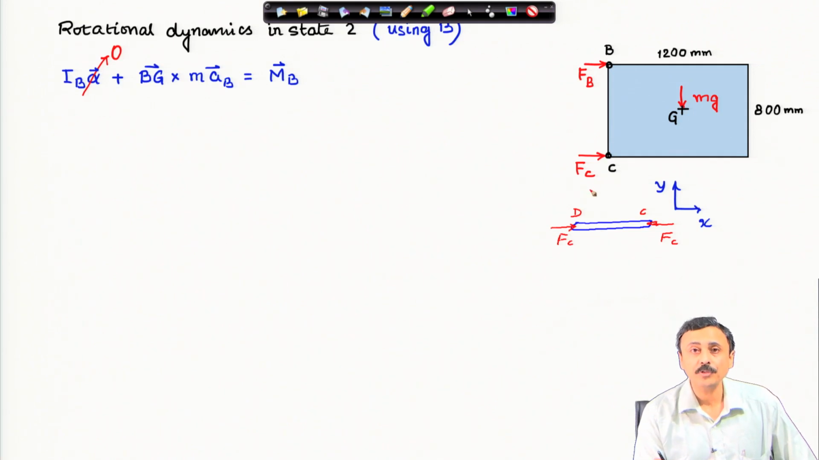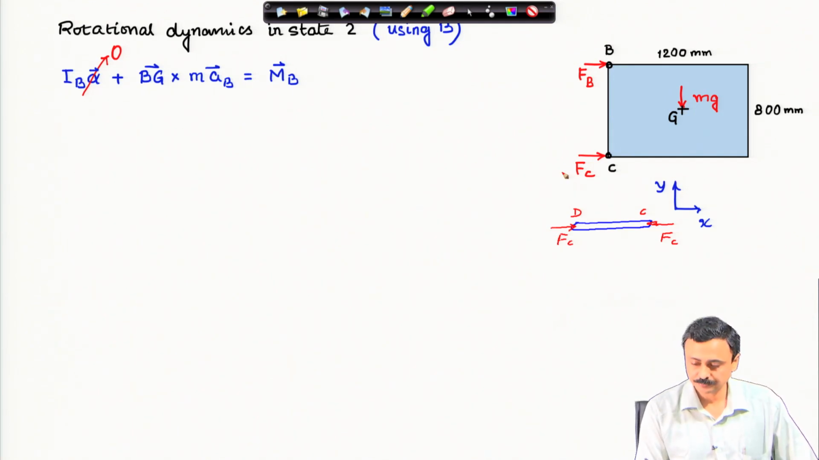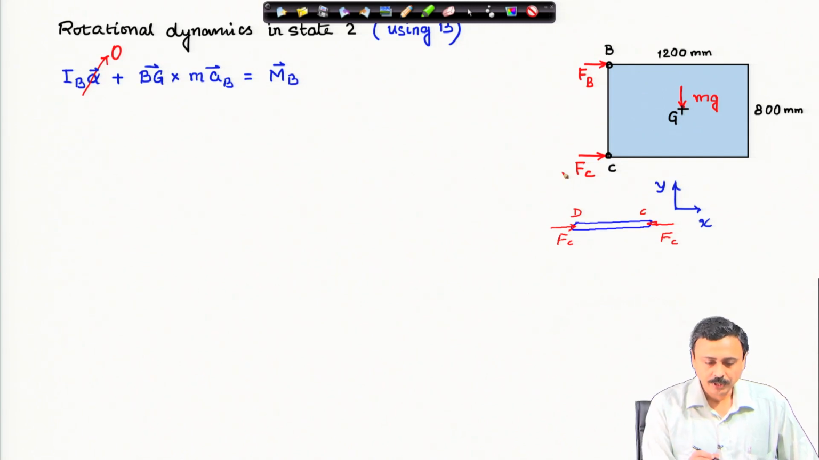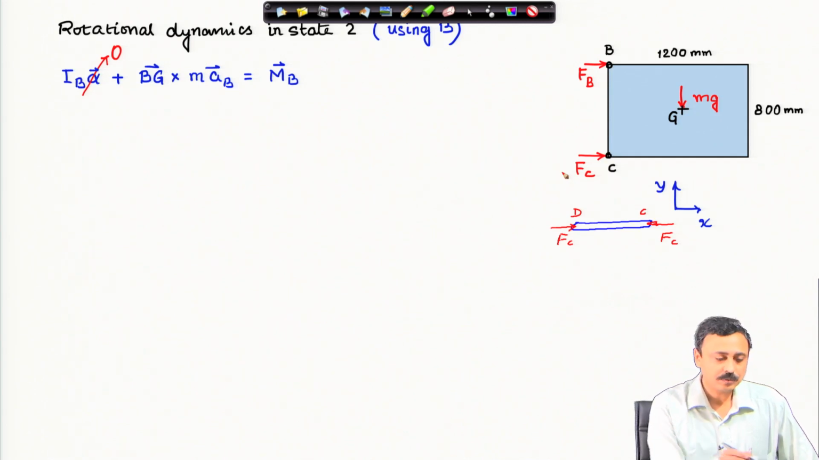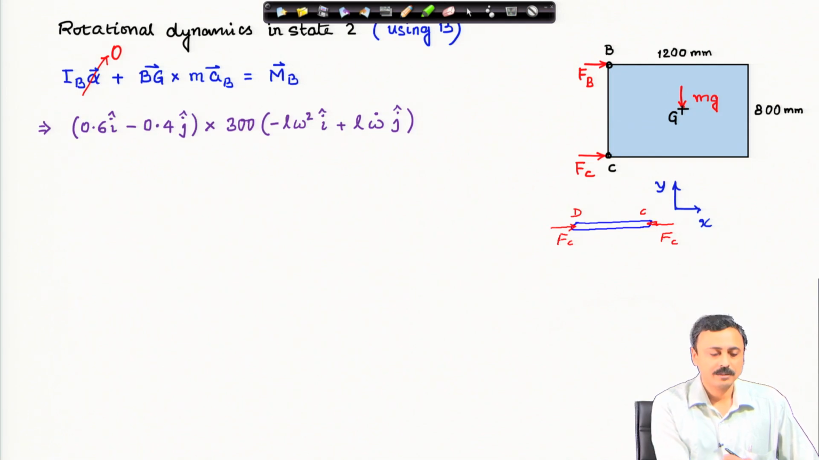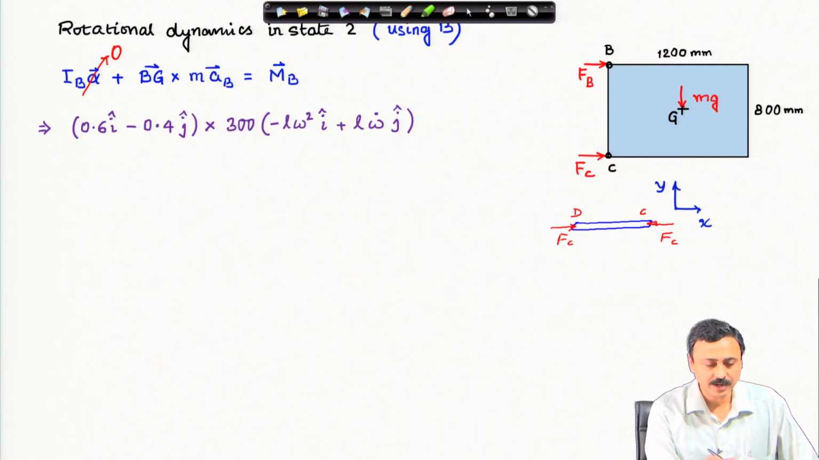Therefore, the force on the plate at point C will be horizontal, because we are dealing with state 2 where the link DC has become horizontal. Now, angular acceleration of course is 0, angular velocity of the plate is also 0. Therefore, IB times alpha, that drops out. The rest of the terms I can write, I can represent Bg vector in the coordinate frame that I have chosen, because the dimensions of the body are specified, cross mass of the plate 300 kilogram times acceleration of point